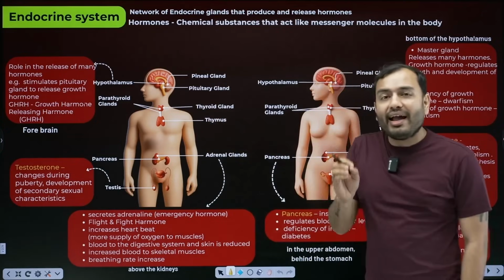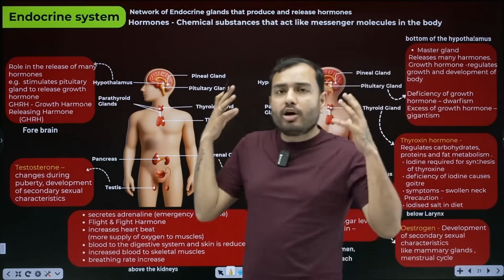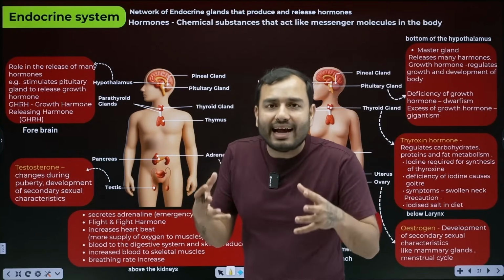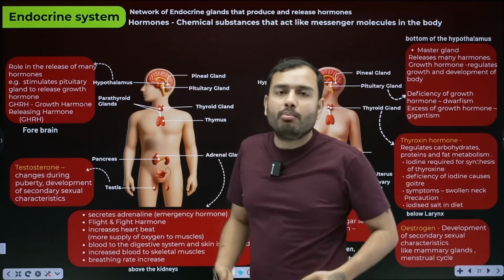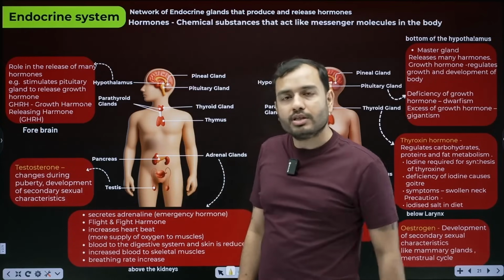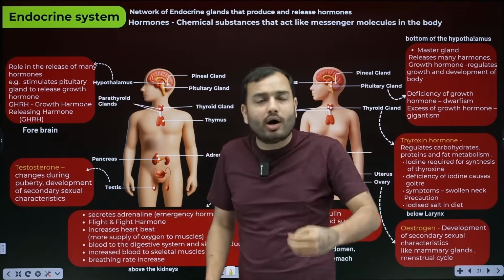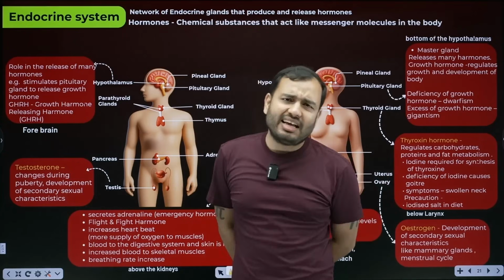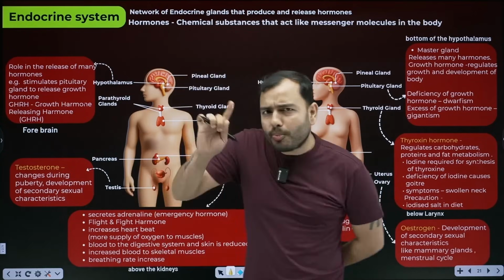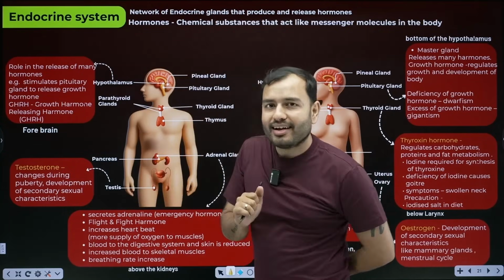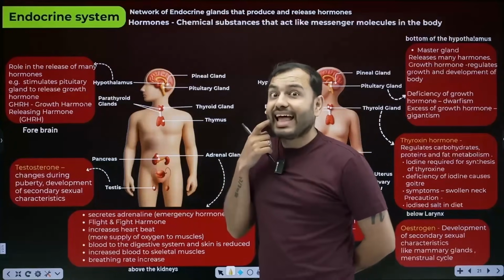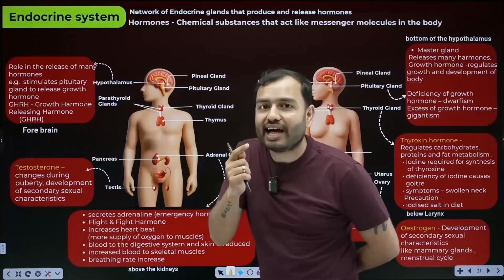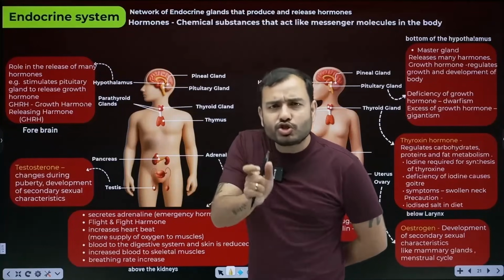Okay. Now what is the endocrine system? In our body, there are a lot of endocrine glands that release hormones. This entire system is called the endocrine system. Endocrine glands that release hormones. Now the question is, sir, what is a gland? Remember, in the previous chapter you studied digestion, in the mouth there are salivary glands which release what? Saliva.